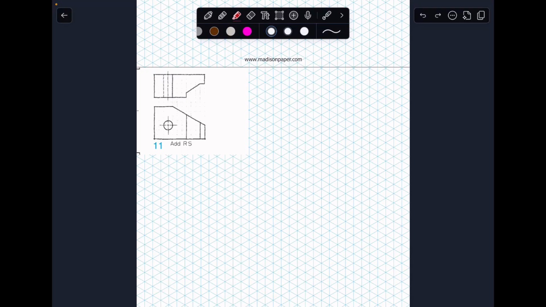Okay, in this we have front and the top views given to us. We have an isometric view to be sketched on this particular grid paper. The front view being this one, the top view over here. The first step, as discussed in the previous video, would be to determine the overall size, maximum width, maximum